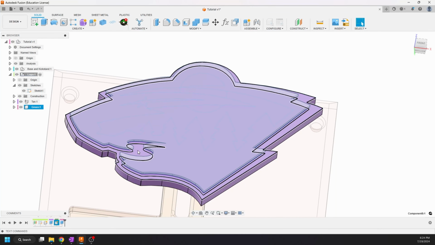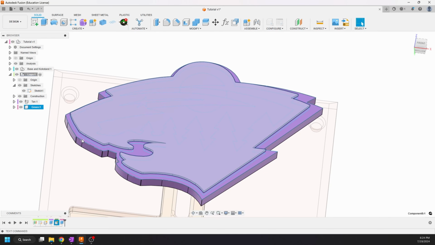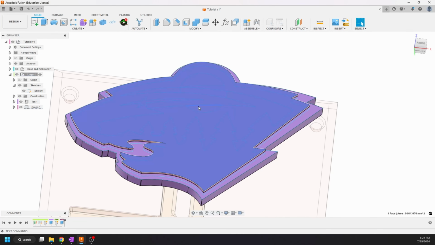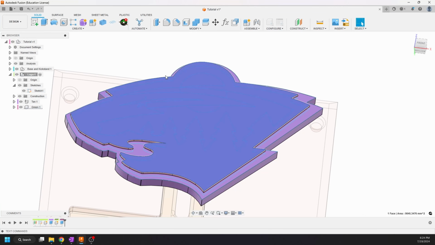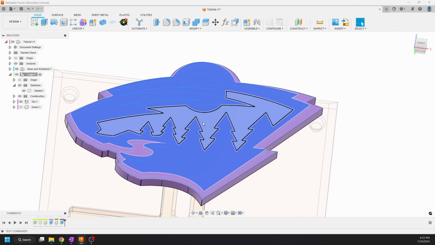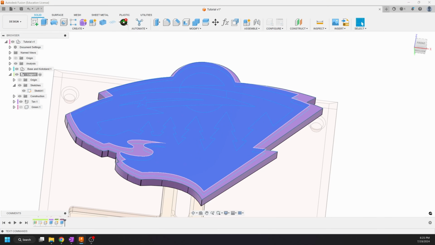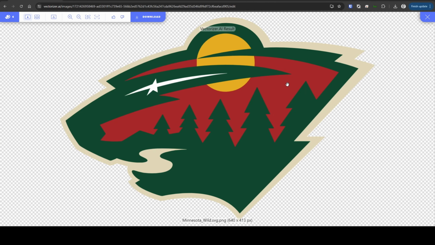Now, our sketch is still on this portion, the tan portion. So it's going to be very tough to select it. You certainly can, but selecting faces, you can see how I can select edges, but not faces. I always just hide this one for now, and we'll go with what's next. So what's next? We're going to do the red portion for the trees. We'll select this, do extrude,